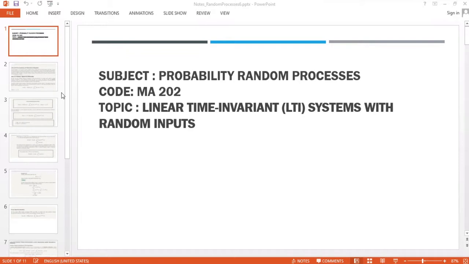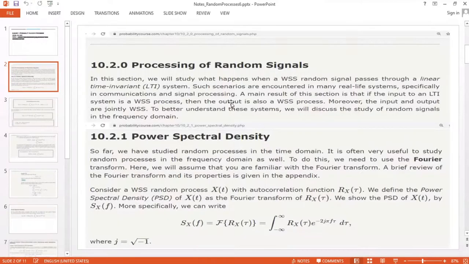Today we learn about linear time invariant systems with random inputs. For this we define some basics. You know this from the Fourier transform: if we take a Fourier transform of a time domain function, then we will get a function in the frequency domain. So if you have a random process like a